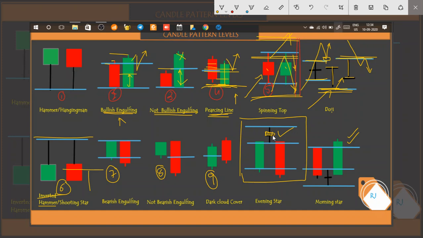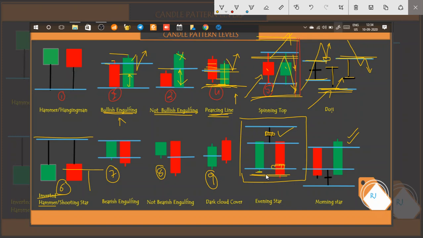But one of the most important things you need to consider while treating this as the spinning top is, guys, this candle close should be below this low. Understood? If the candle is closed somewhere here,